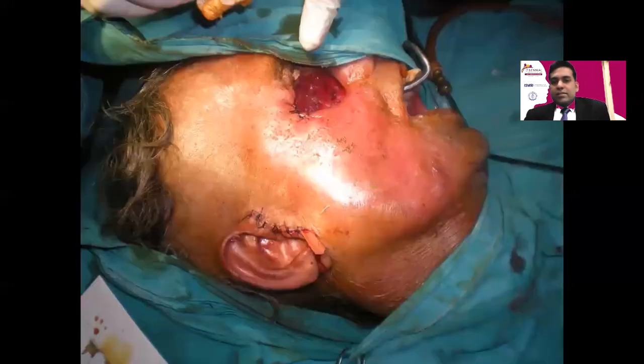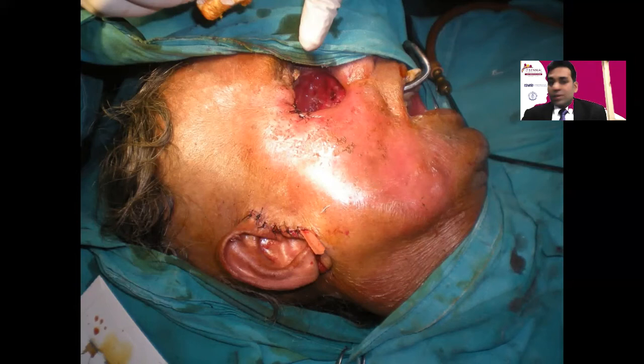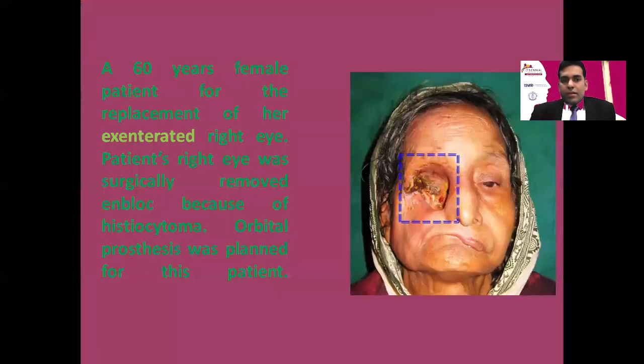In the next case, here you can see that I had recorded this photograph in the operation theater itself. So it's very important to have communication between the oncosurgeon and prosthodontist so that the prosthetic outcome will be more effective, and we can maintain the useful soft tissue or hard tissue at the time of surgery. So this is how it looked after initial healing.